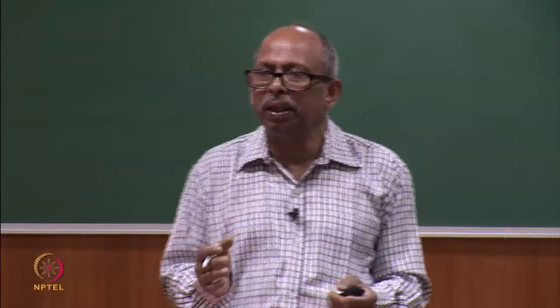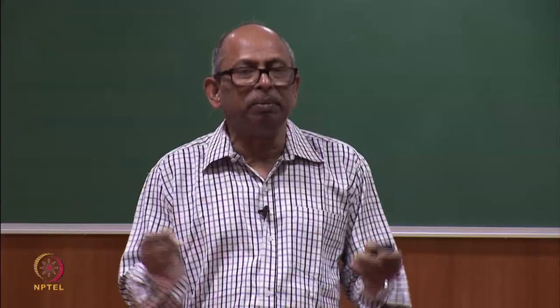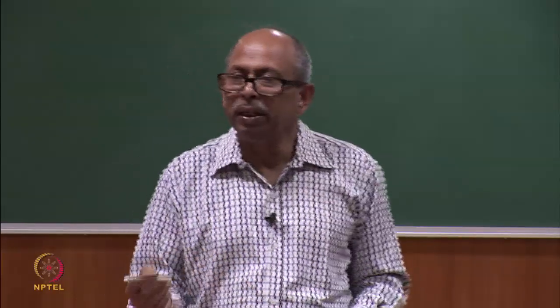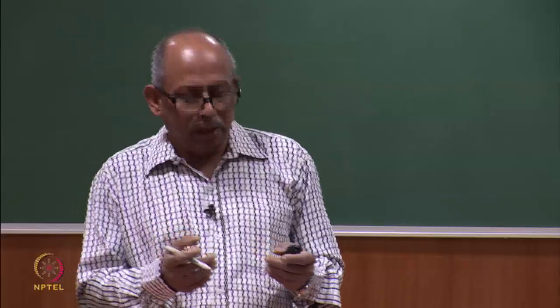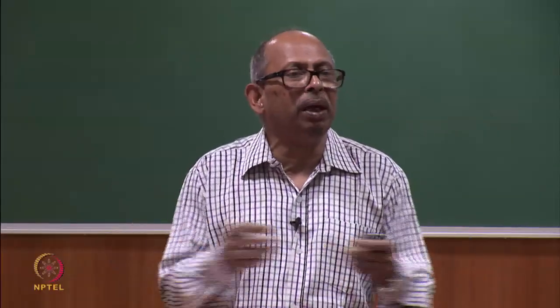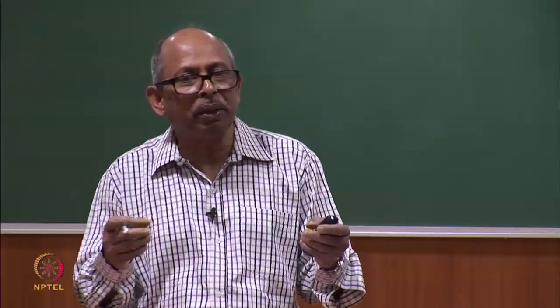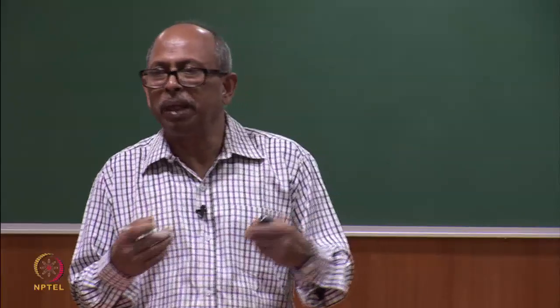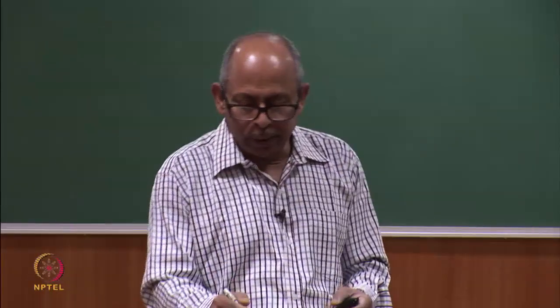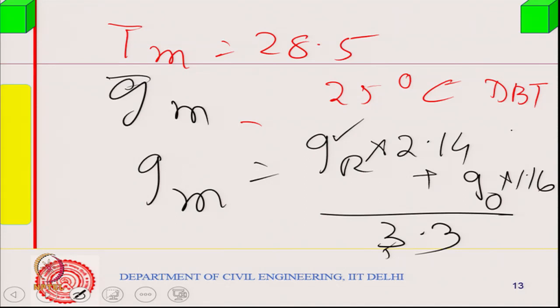So, it is again the law of mixture. Once I mix, I will get something in between. So, G of the outside multiplied by 1.16. So, I am mixing 1.16 kg per second with 2.14 kg per second. If I mix the two air streams of different moisture content, what will be the average moisture content per kg of air? If I calculate, this is the average. So, divide by 3.3 kg per second, which was the overall mass flow rate, and you will get the moisture content of the mixture. So, you have got Tm, you get Gm.